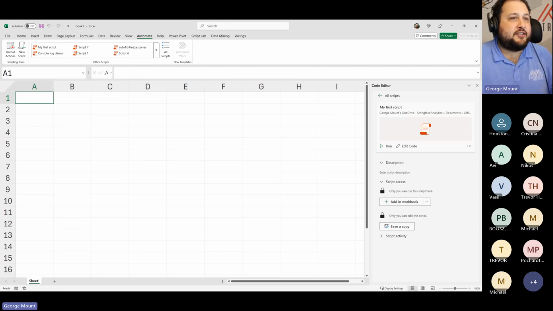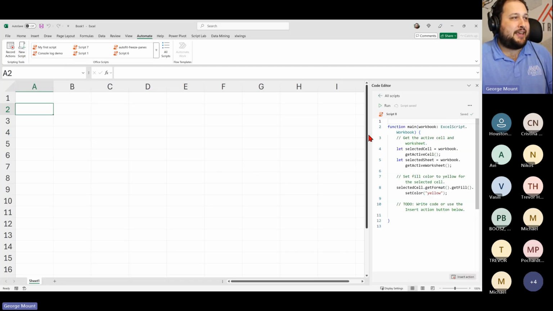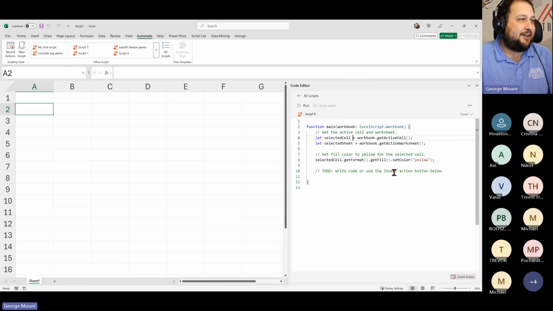The main function is really the heart of Office Scripts. This comes from JavaScript and specifically TypeScript, and it will let us organize our code into specific functions. So I'm going to create a new script this time under Automate, for developers, for VBA. You'll see we get this hello world looking script here. So it'll say, here's my function.